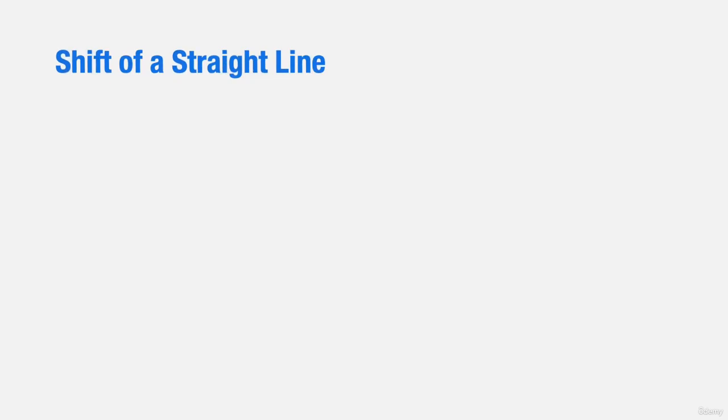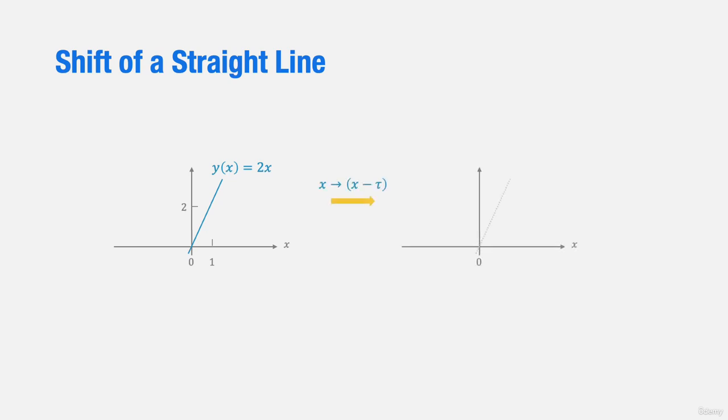Before we discuss the wavelength and wave speed, let's examine the direction of wave propagation. To do this, let's first consider a simple example. Suppose we have a straight line y of x equals 2x with a slope of 2. If we replace the argument x in the y function with x minus tau, where tau is a positive number,